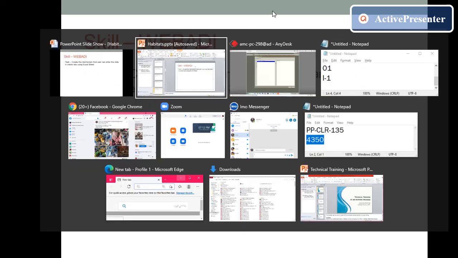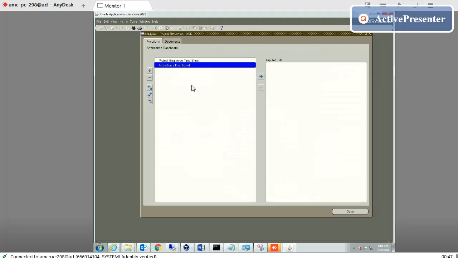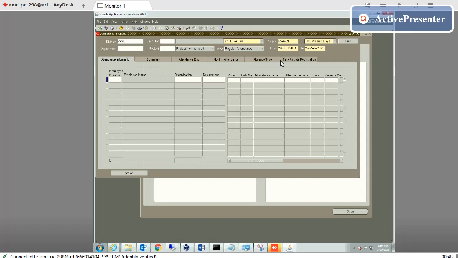Let me show this one. This is attendance. The user has to enter attendance from an Excel sheet, and it should be entered in the attendance dashboard. So I created this form. This is our custom form. I will check December 20, day one, employee 10013, I think. You see that there is no data here.